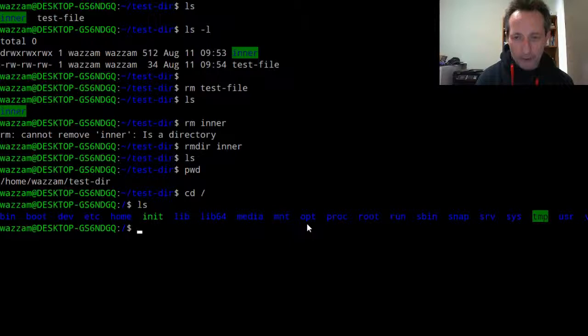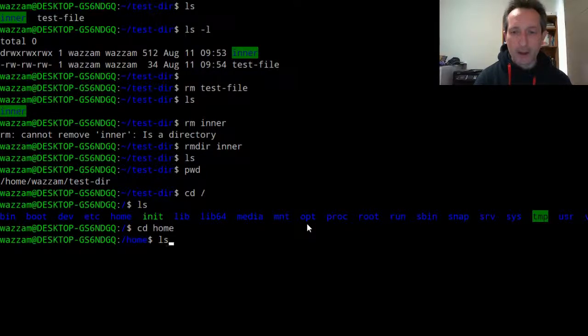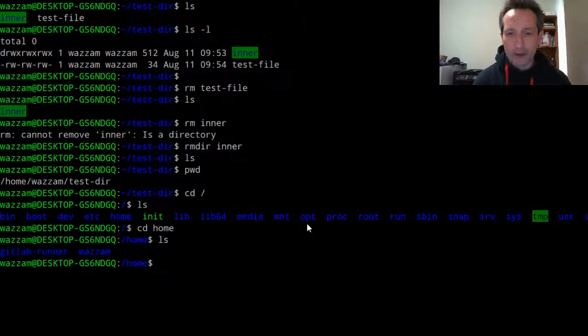So the highlight's a bit different here, but for instance, bin is a directory that's owned by the operating system. So it's made by the operating system and owned by the operating system, so the highlight's a bit different. Now obviously I don't want to go deleting these directories that are in the root directory because they're set up by the operating system, but most of them are owned by the operating system, so I don't want to mess about with those. I can cd into home, and let's do an ls in there,